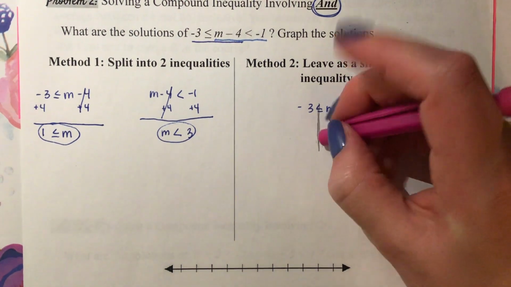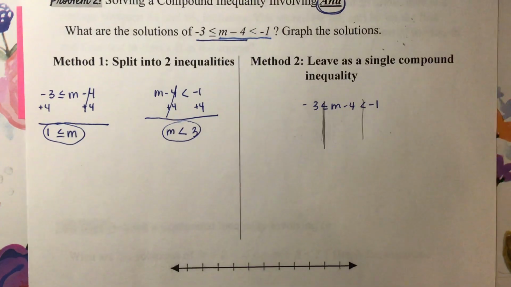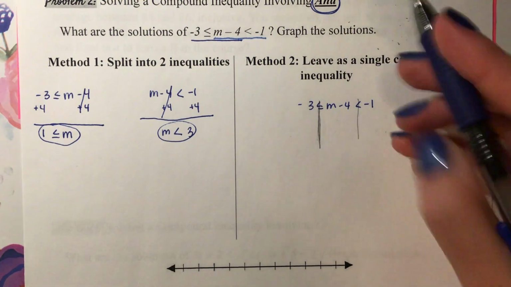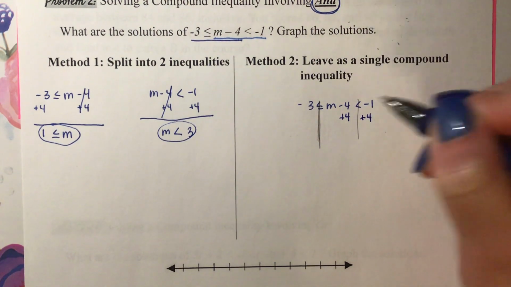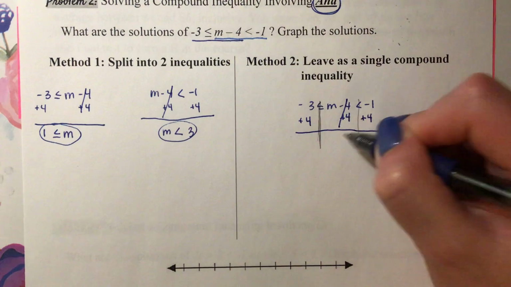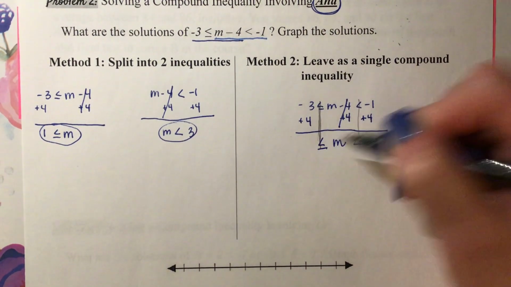Write that a little better. Okay. So we will get the same answer, but I'll still show you how to do this. So I want to isolate the m. I am going to add 4 to the middle, to the right, and to the left. Okay, they cancel in the middle, and I'm left with m, and then I keep my signs the way they